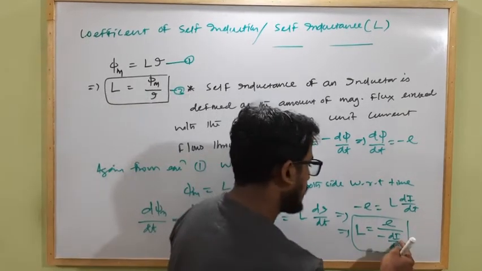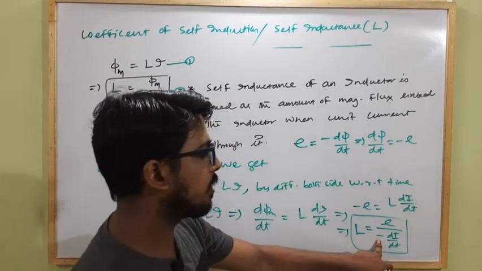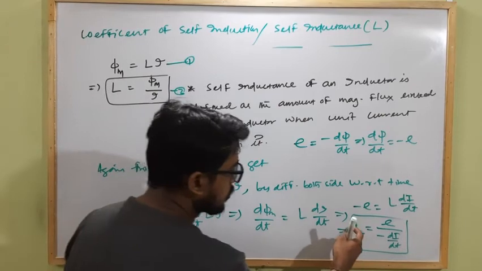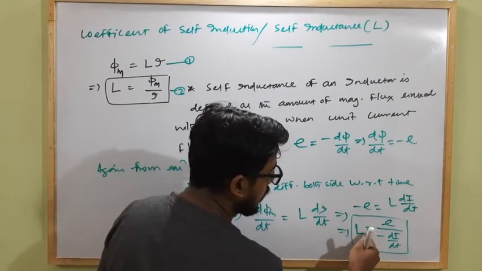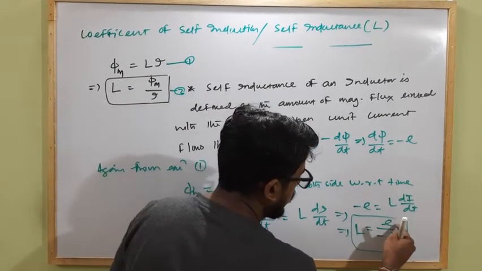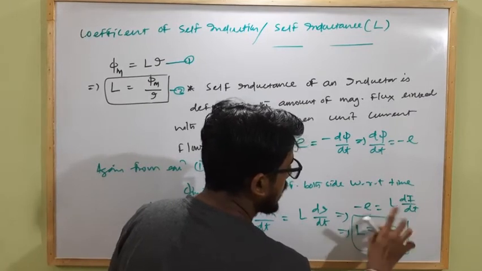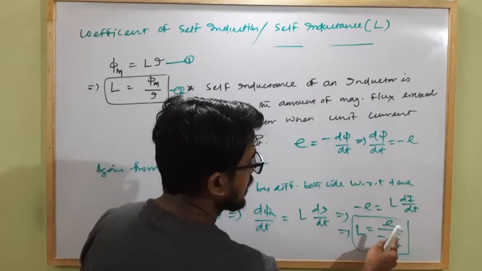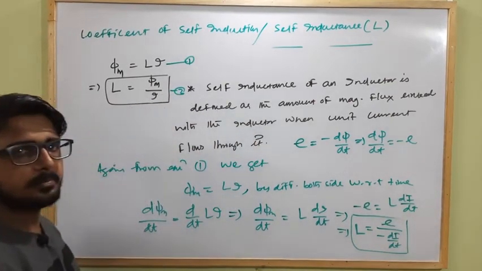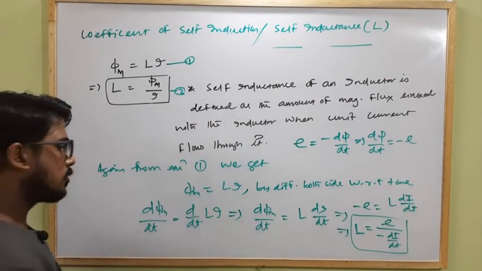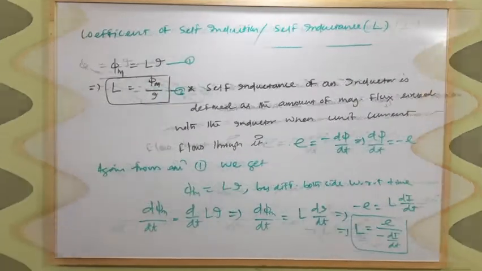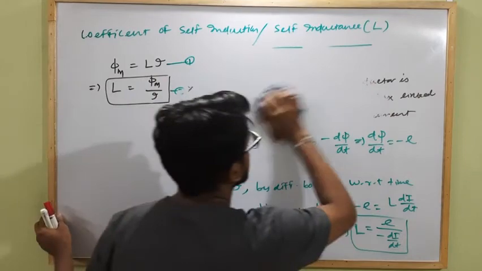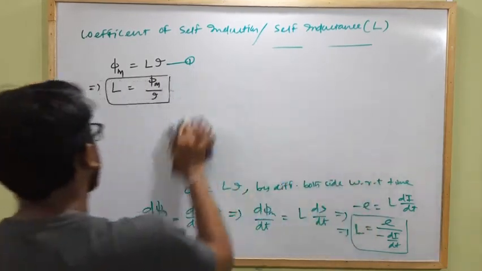And here the change rate will be negative. That means the rate of change of electric current is decreasing. That means we can say that the self-inductance of an inductor is defined as the induced EMF produced within it per unit rate of decrease in electric current. Clear? So here we can write that the self-inductance of an inductor is also defined as,